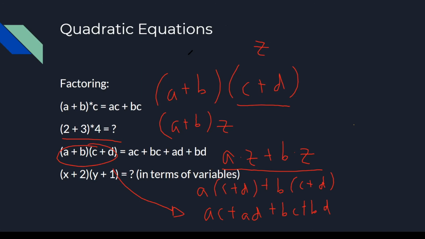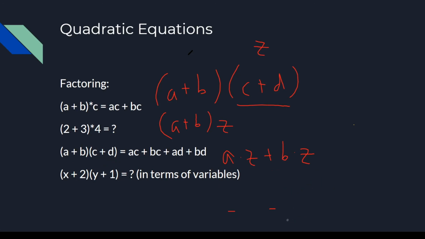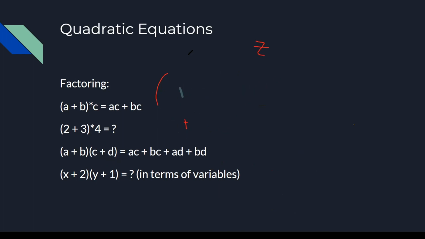Okay, so one way to do this without thinking about it each time. So I see that we're running low on time. Let me just finish this and then I'll let you guys go. Okay, so one way to factor quickly is something called FOIL. FOIL stands for